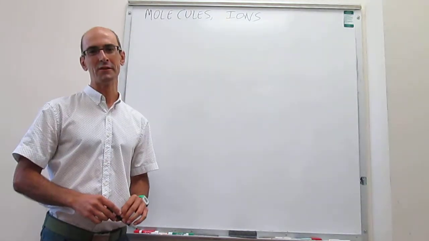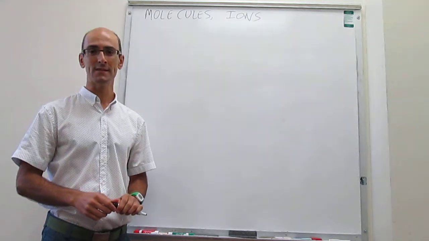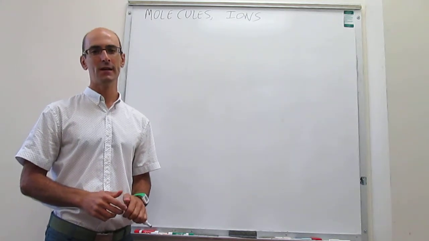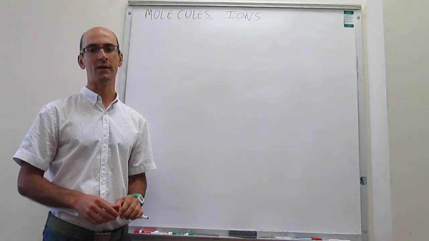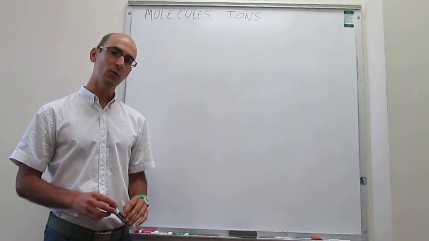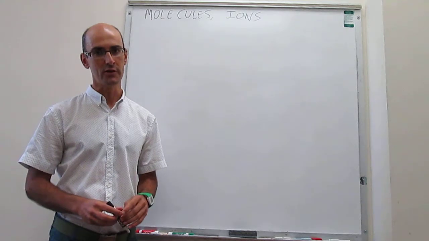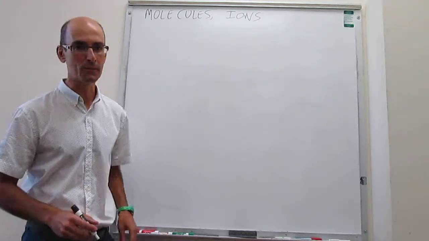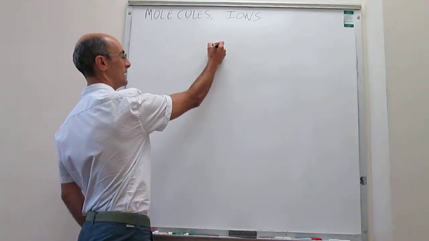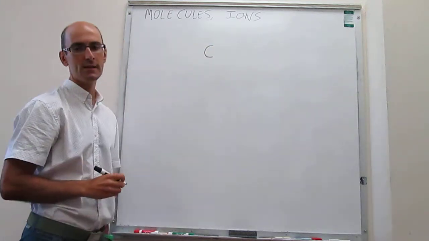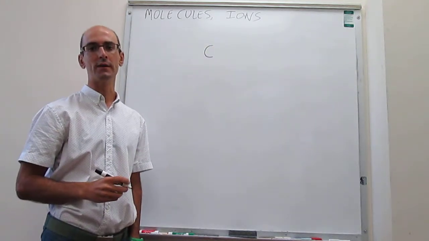In the last couple of videos we have defined what an atom is and its fundamental particles, and we also have seen the concept of an isotope. Now, when atoms of a particular element combine, you generate something that is called a molecule. Okay, so for example, we have seen how an atom of carbon is, and when this atom of carbon combines